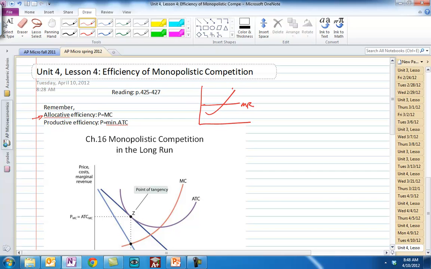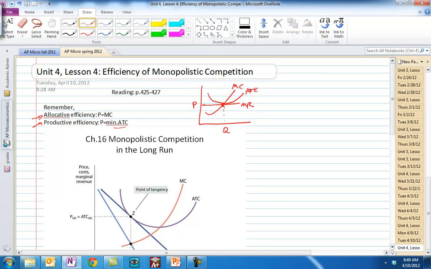In perfect competition, the price of the good is equal to the marginal cost of the good at the profit maximizing output. And that's where they'll produce, in the long run, equilibrium. And productive efficiency means that firms are producing at the minimum average total cost. They're producing the stuff as cheaply as possible, with the least resources used possible. And that's true also in perfect competition because in long-run equilibrium,